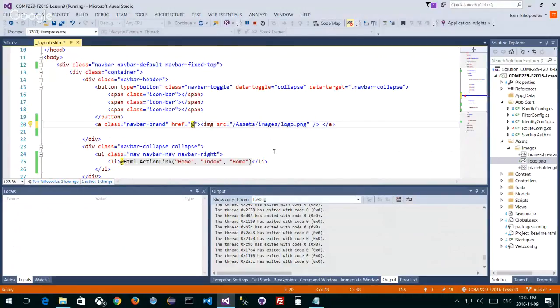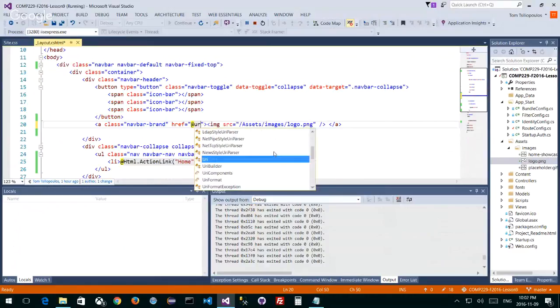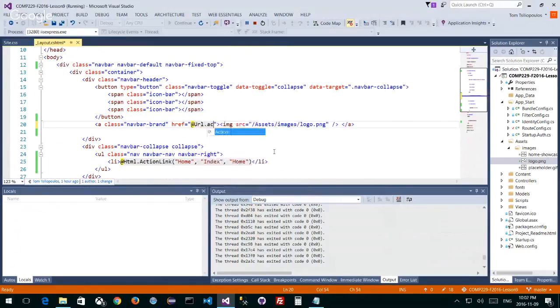So if I do dot action, right? And if I open this up, you can see the options that I have for URL action. There are several different overloads. There's the link text, the actual link itself plus the link text. So if I go to where I want to go, I want to go to my index,